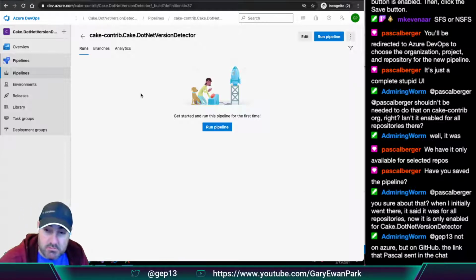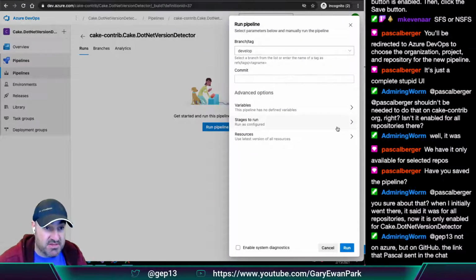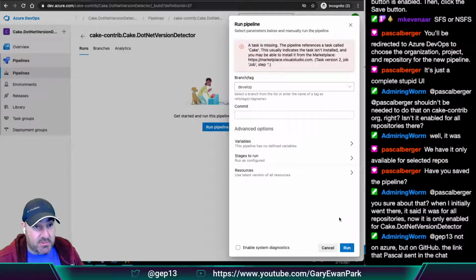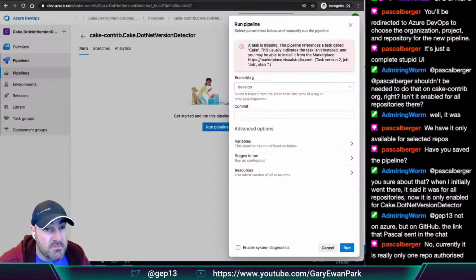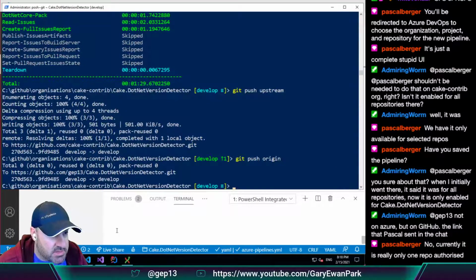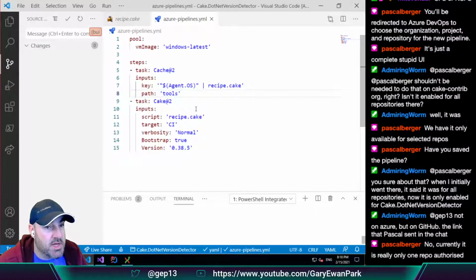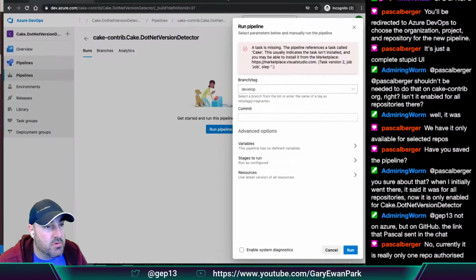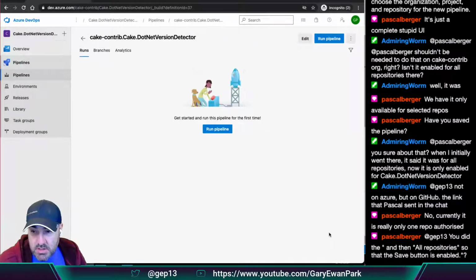Oh, I see. I don't know then. But I'm going to say, while we're chatting, I'm going to click run this pipeline just to see if it builds at all. And then I need to add the environment variables. The pipeline references a Cake task. Usually this isn't. So what did I copy and paste? Why do I need to add something to this organization? Task is cake. So how do I enable the